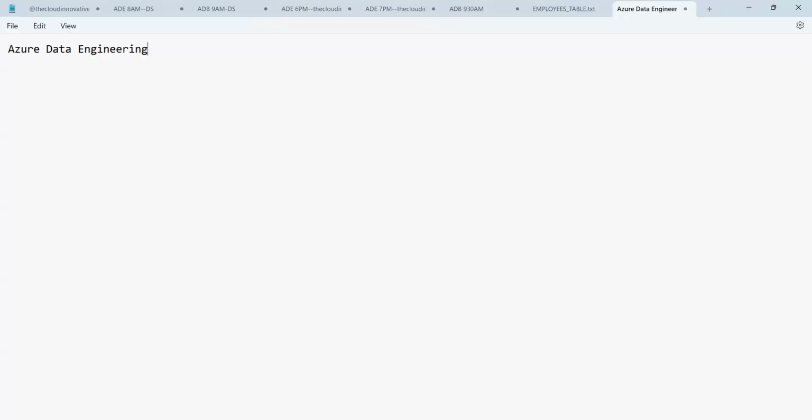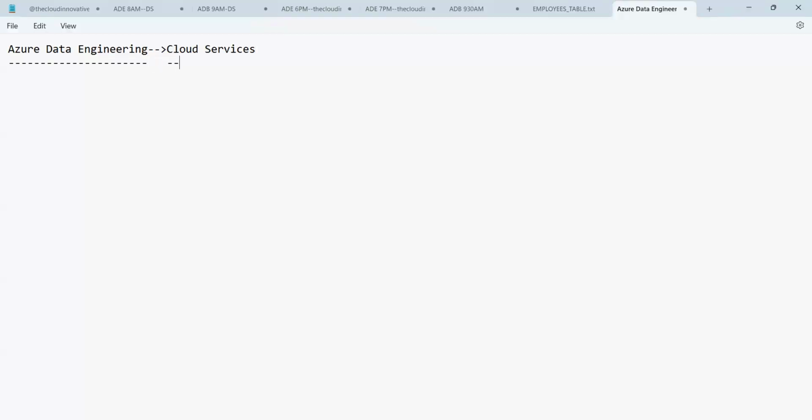When we talk about Azure data engineering, it is nothing but a bunch of cloud services.